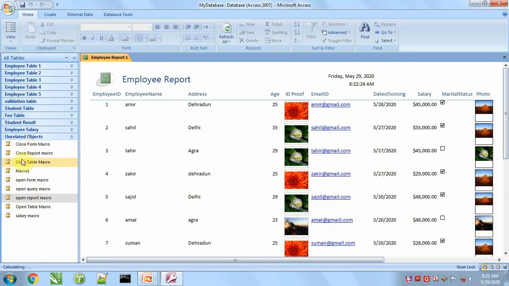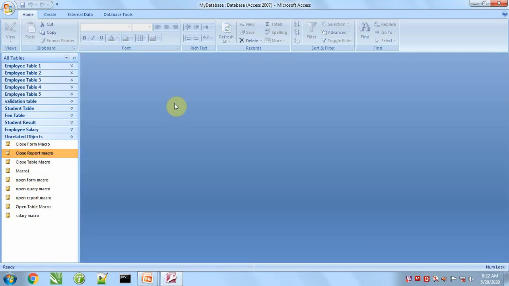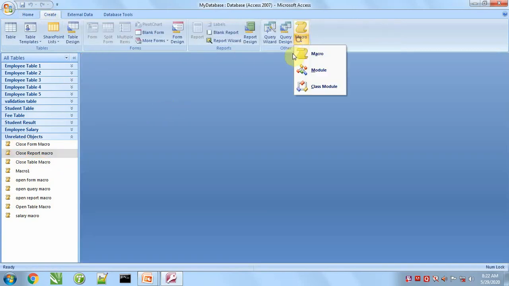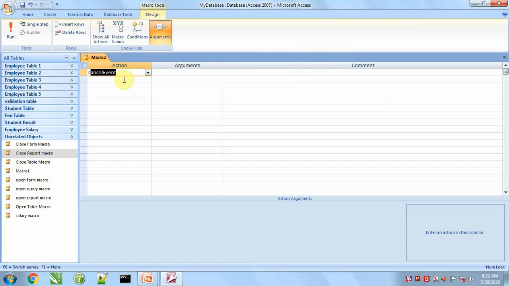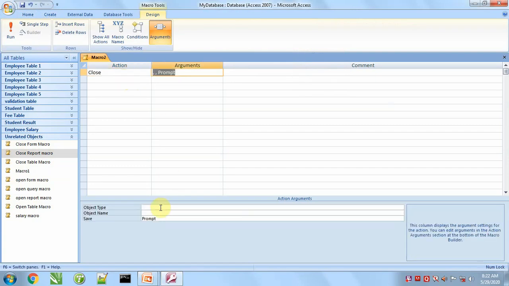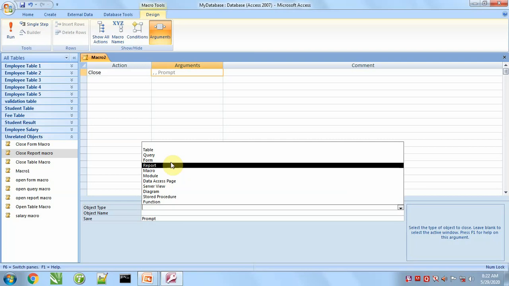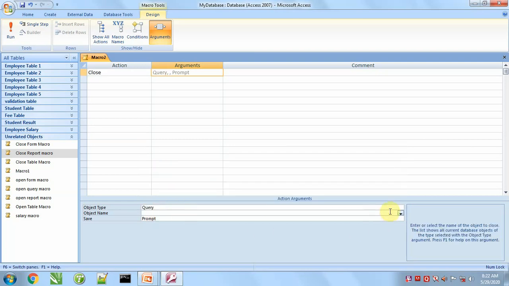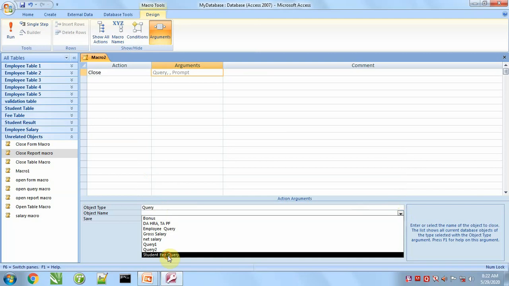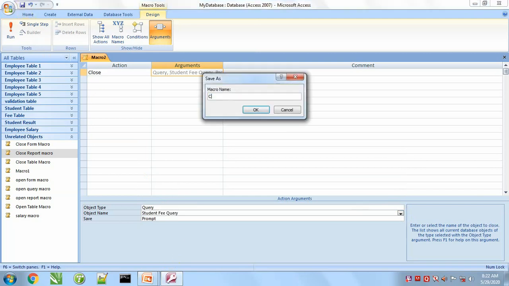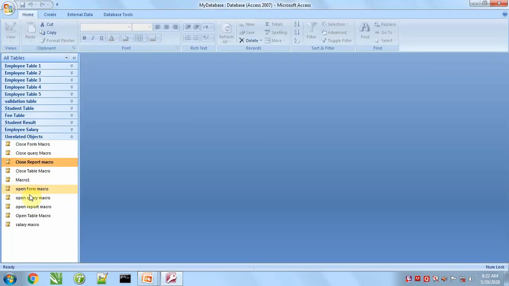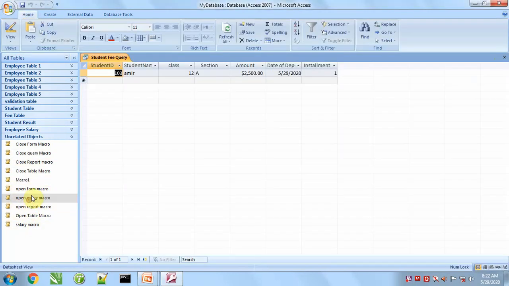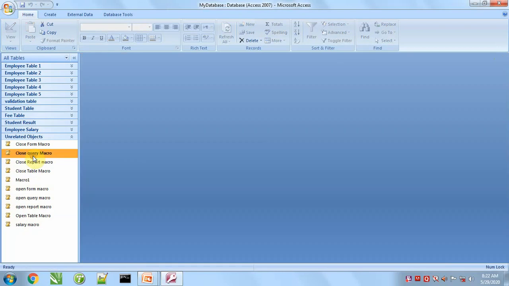Open report, and close report macro will close that report. Next is close query. Student fee query we will close. Open query, close query macro.